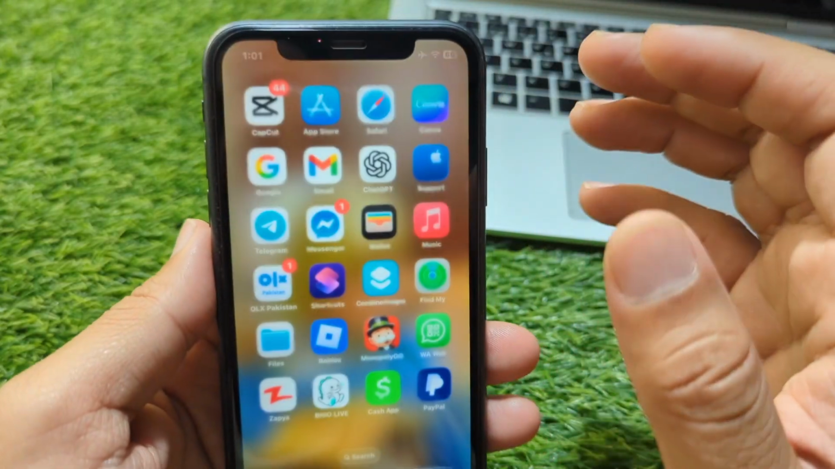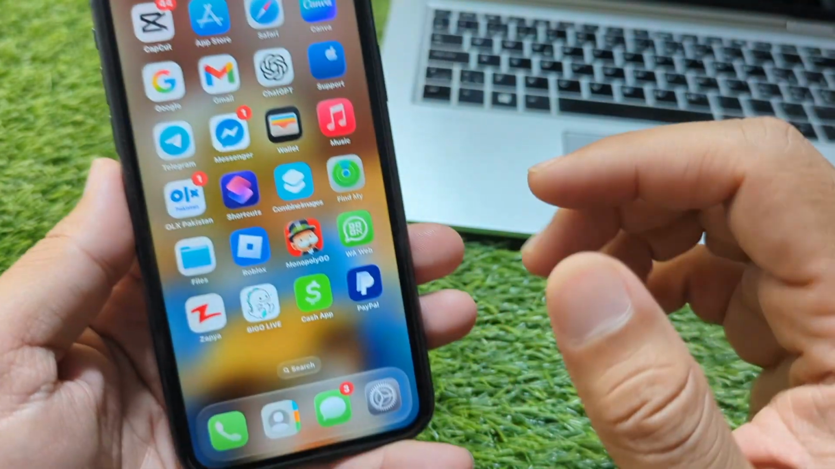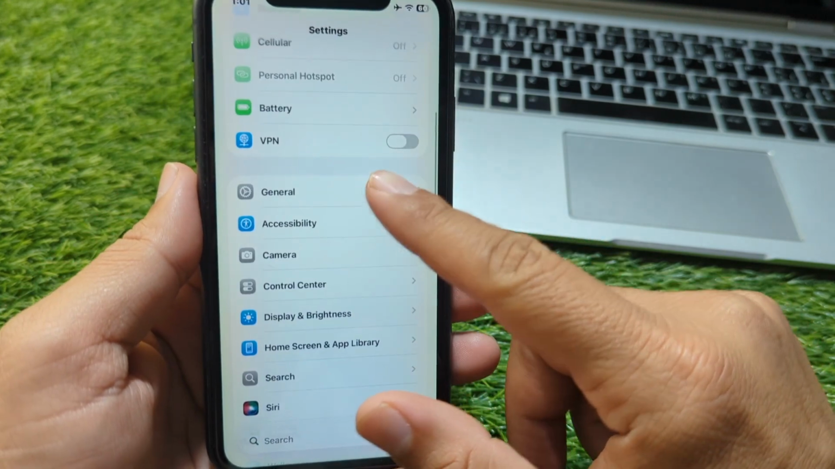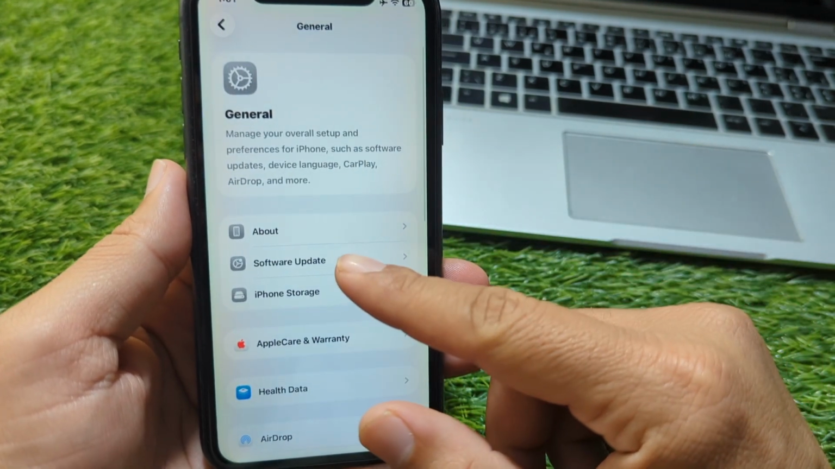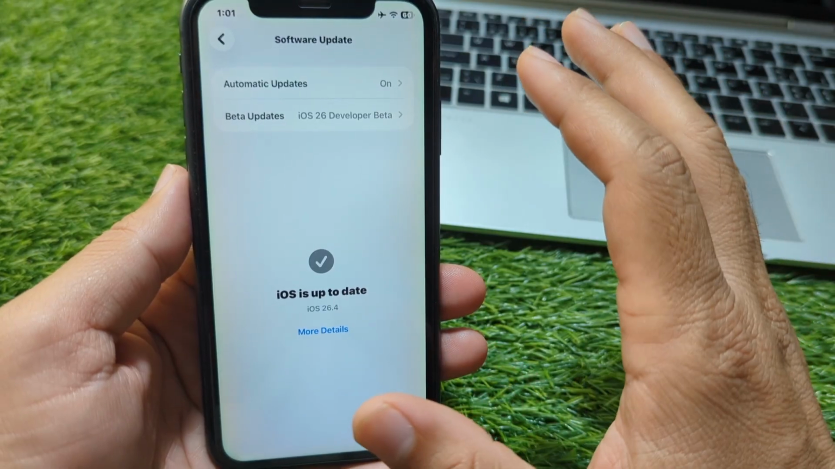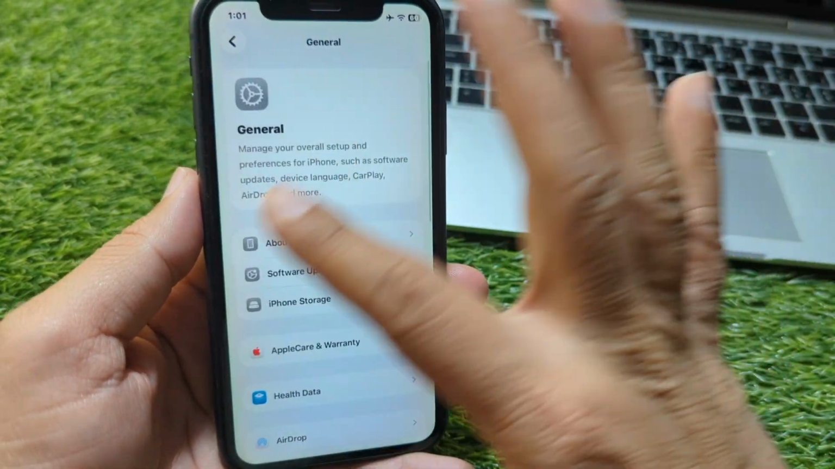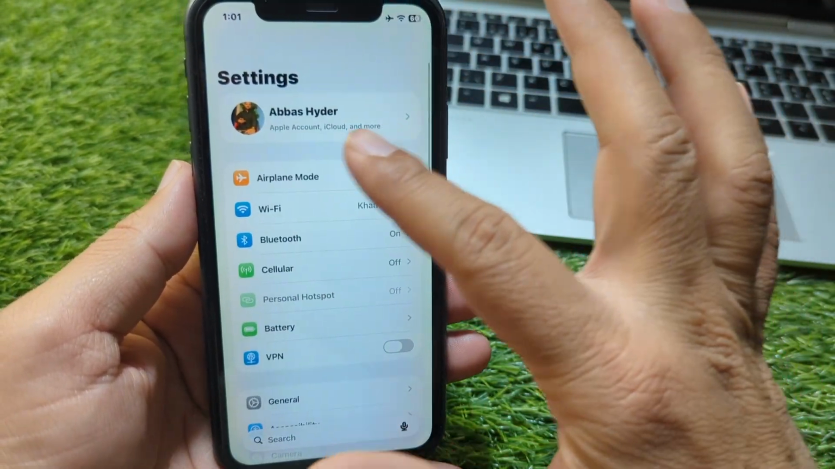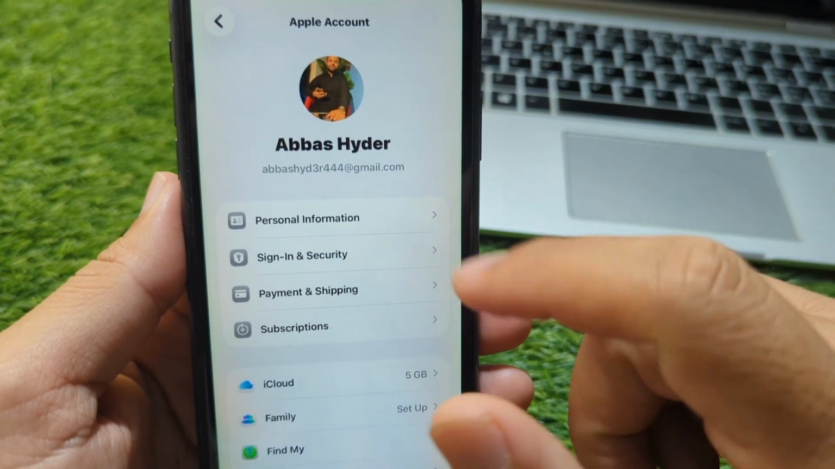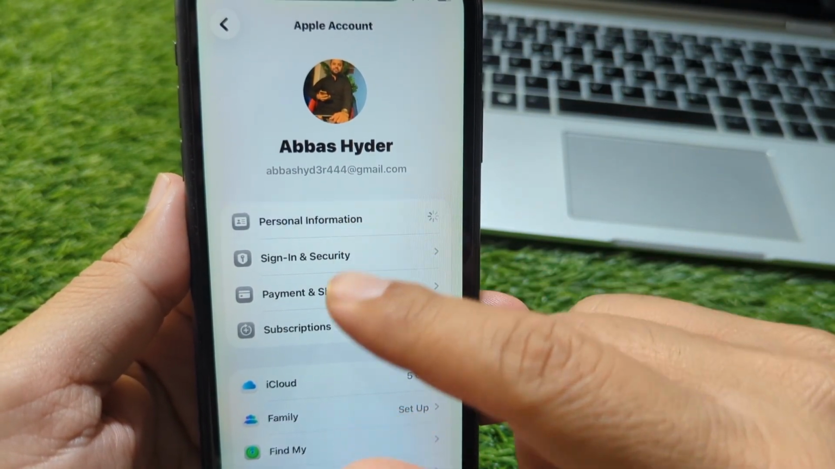All you have to do is simply go back to your home screen and then open settings on your device, and from here go to general, then go to software update and update your software to the latest version. So guys, do this, and after this go back, and now you have to go to your profile from here, and from here you have to simply go to personal information,